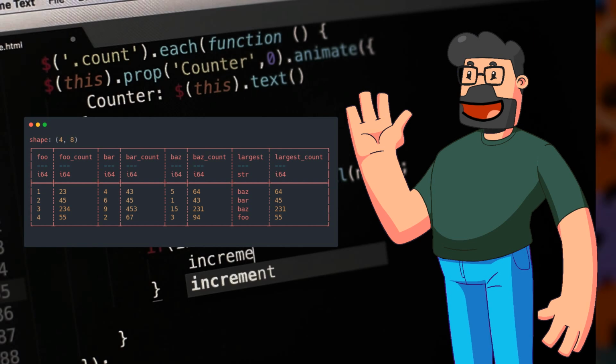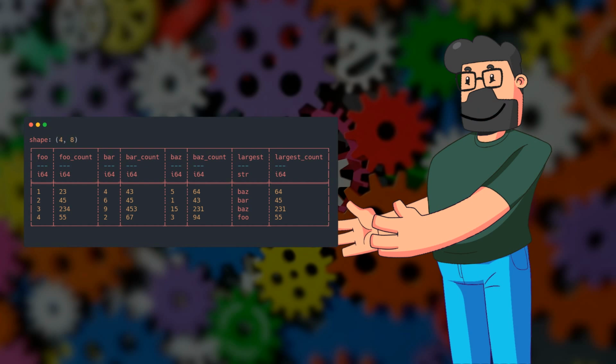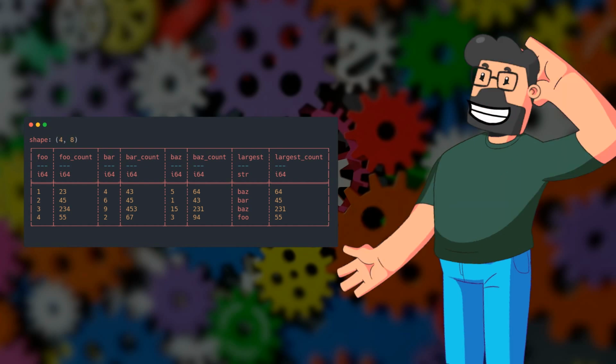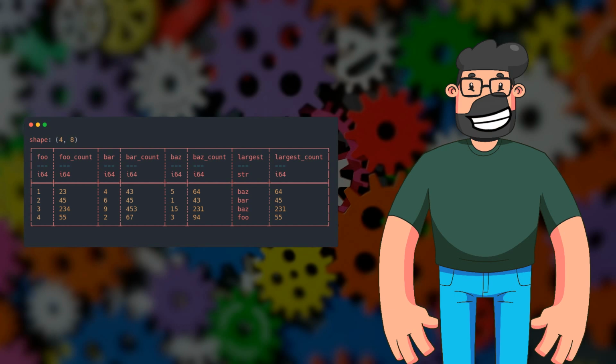the dataset. Building upon the previous explanation, the code snippet culminates in the generation of a new column named largest_count within the data frame. This column aggregates the masked values derived from the largest column, providing a consolidated view of the data. The resulting data frame showcases the transformation applied, with the largest_count column serving as a pivotal indicator of